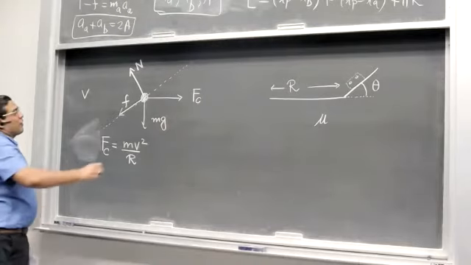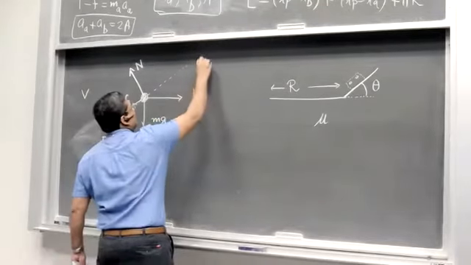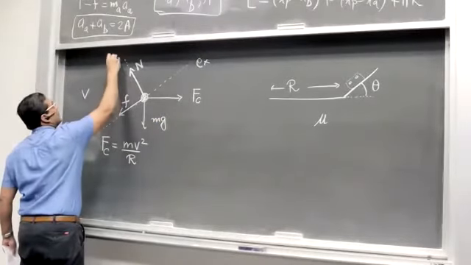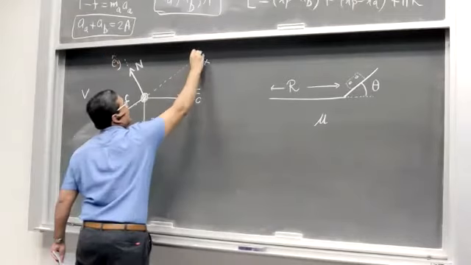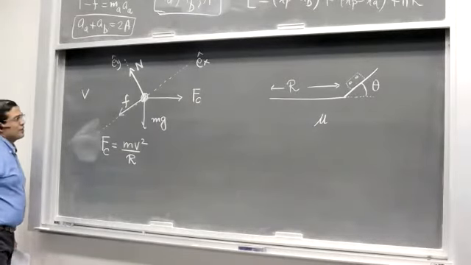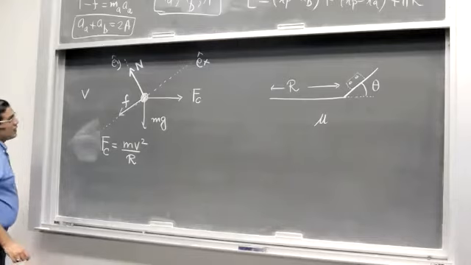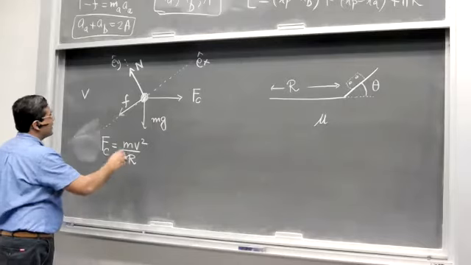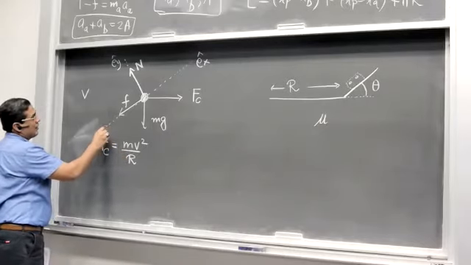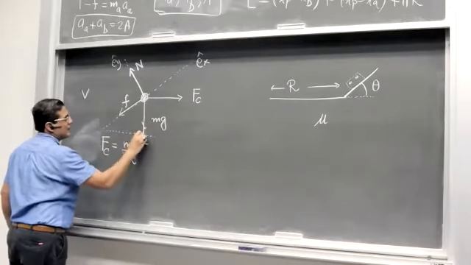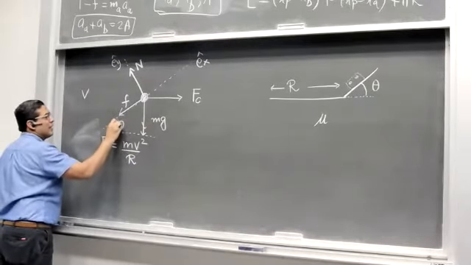And now we choose the coordinate system in such a way that this is Ex, okay, and this is Ey. All right. So in this coordinate system, we write down all the forces. So we would have, if this is angle theta, see this. If this is angle theta,